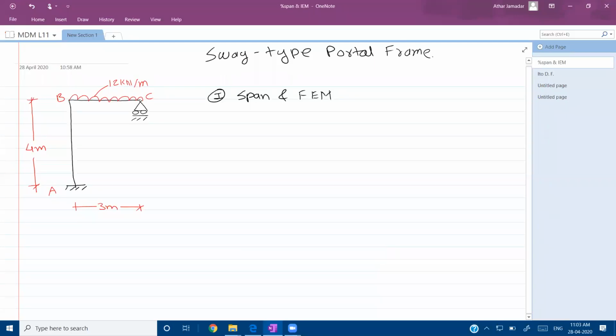So in this, there is a portal frame given ABC, in which AB is the column member, BC is the beam member. So how I have deduced that this is a sway type portal frame, because